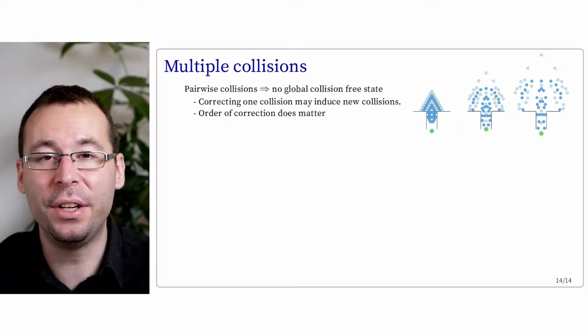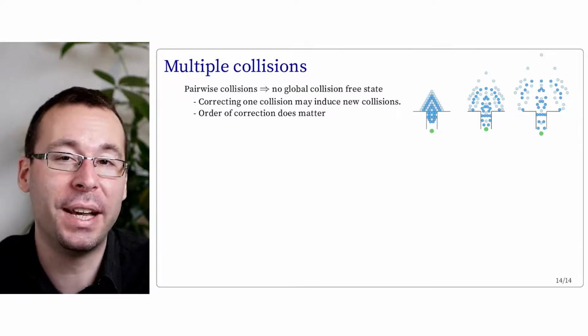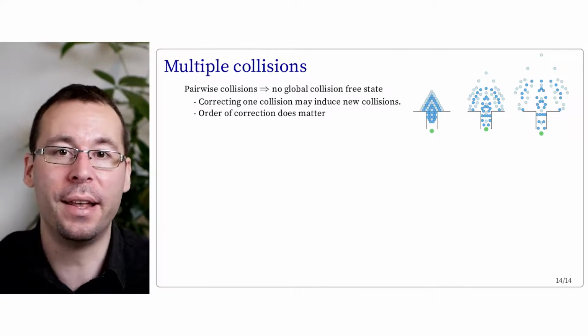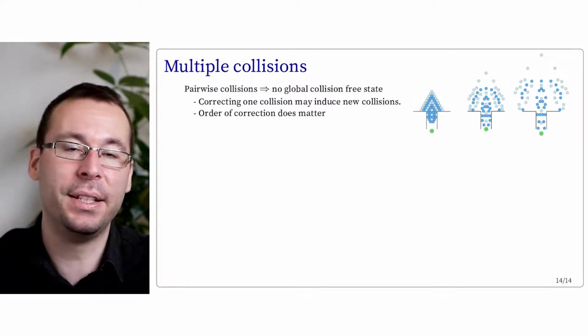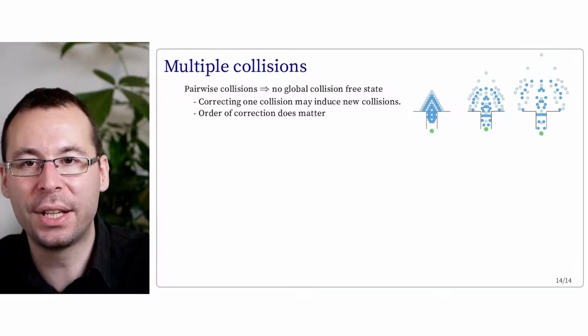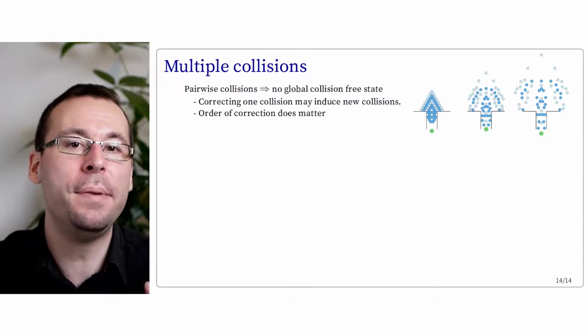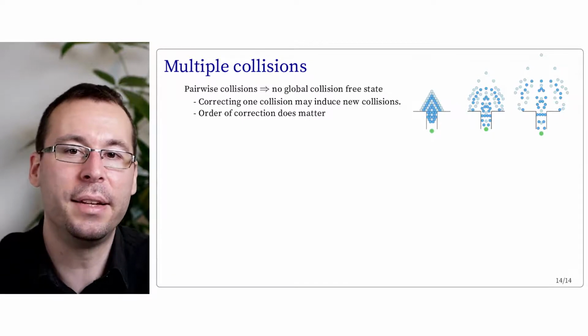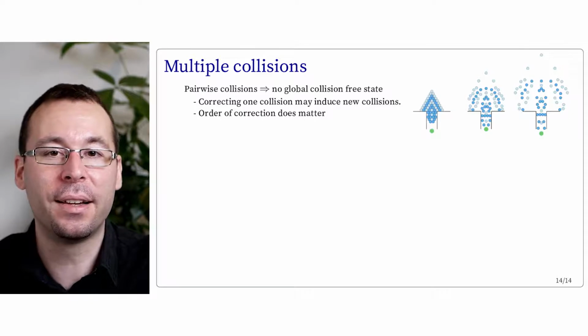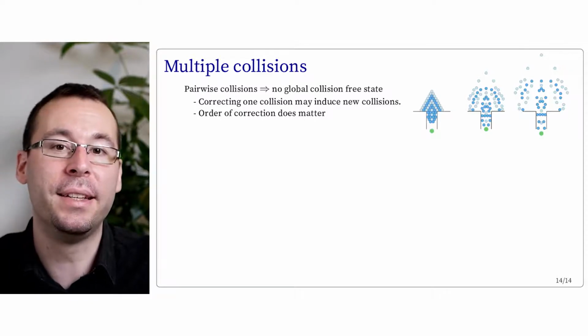And basically correcting each pair of colliding spheres, one after the other, doesn't ensure that you will end up with a global state that is free of collisions. Also, the order in which you treat the collisions has an impact on the result. And technically, you have a better chance to preserve in the final result the collision that you treated last than the first one.